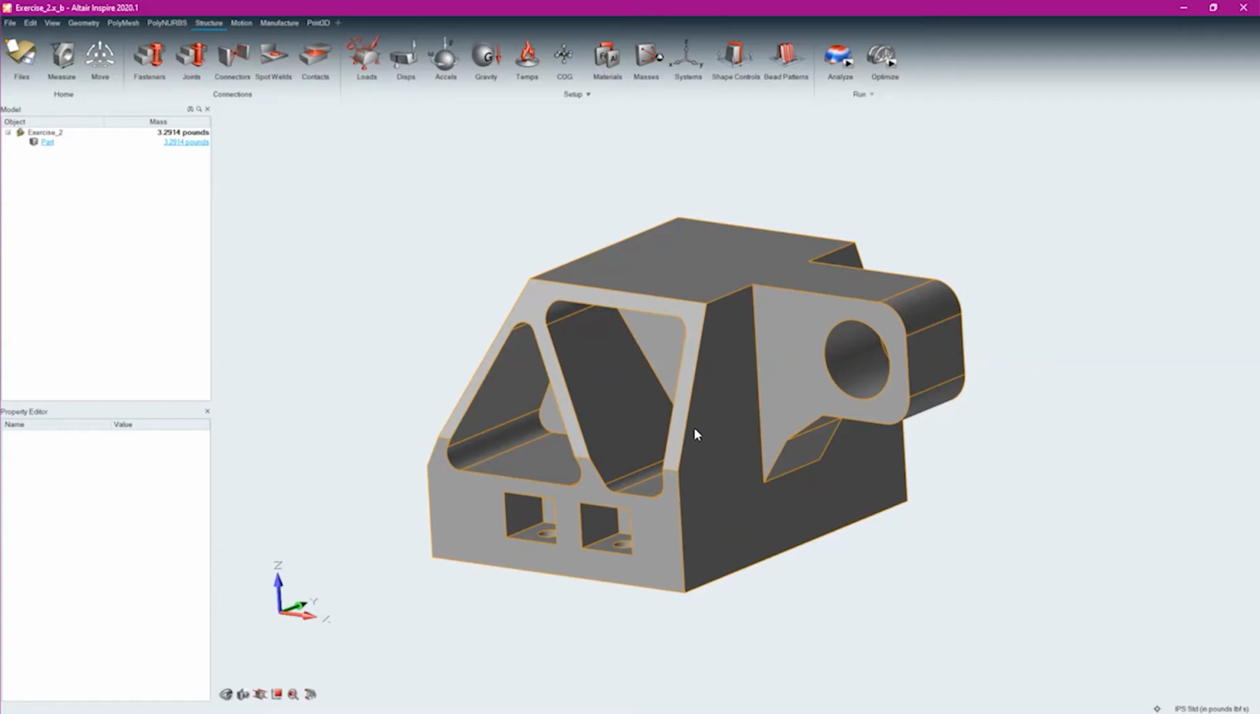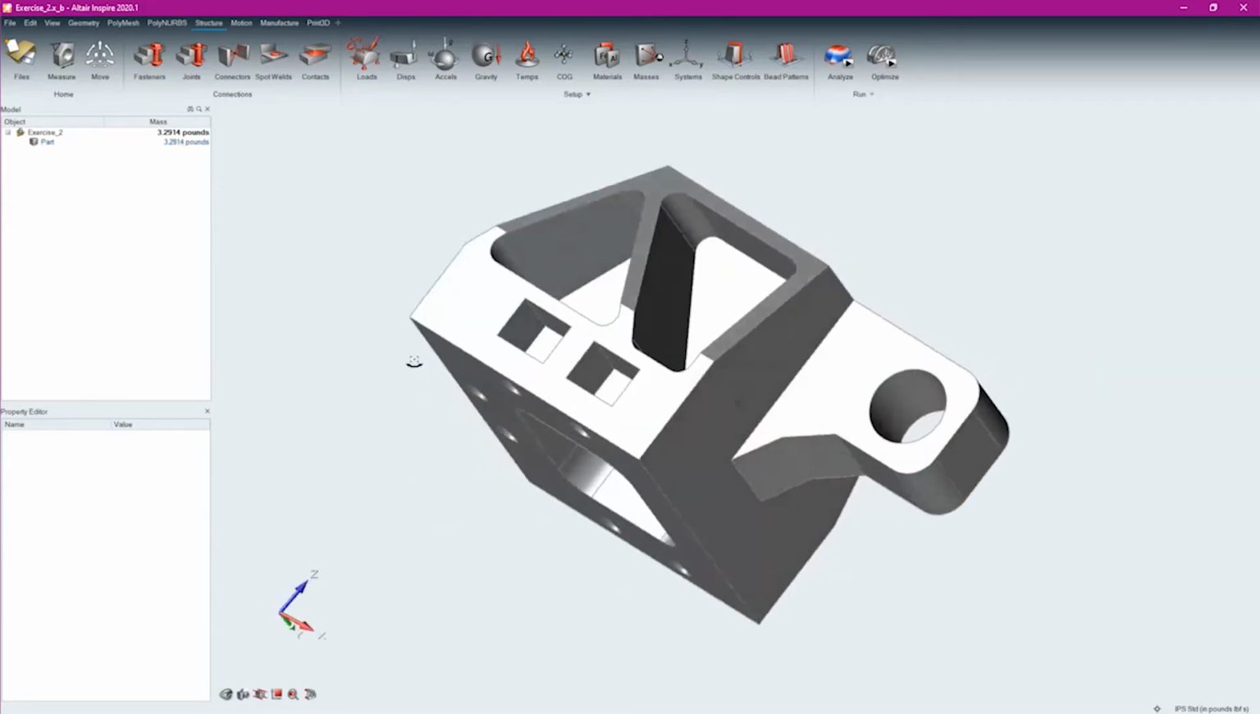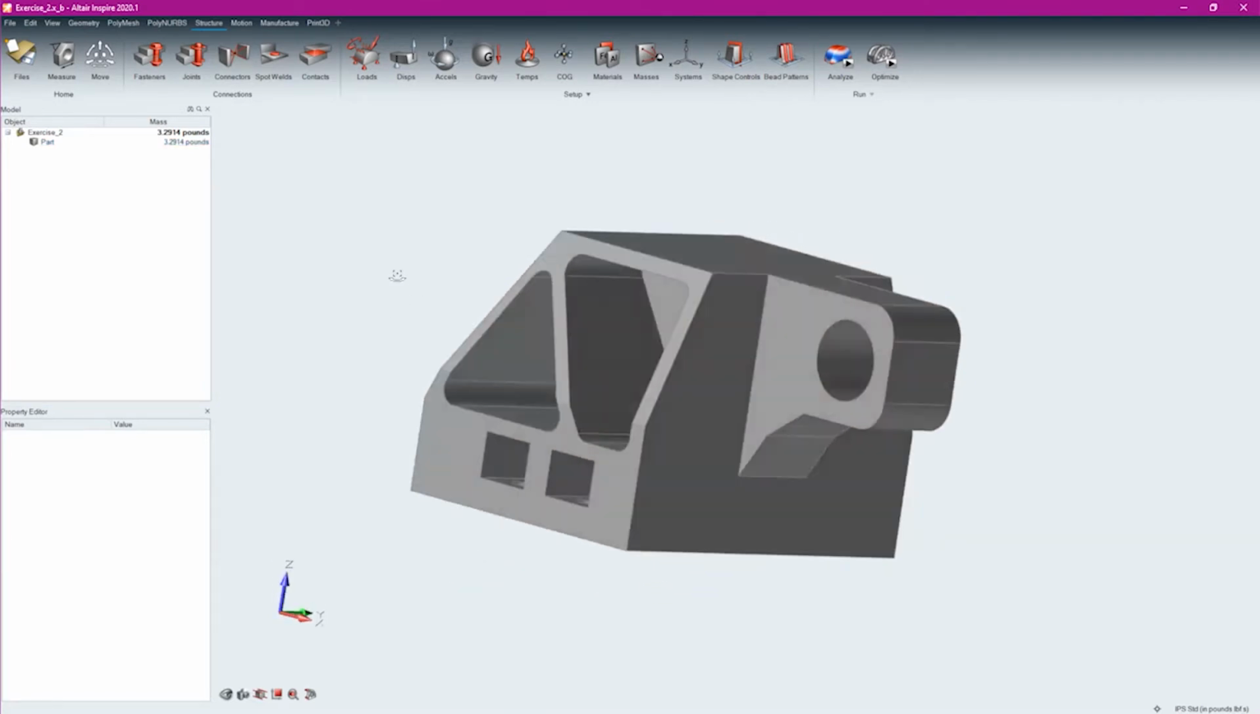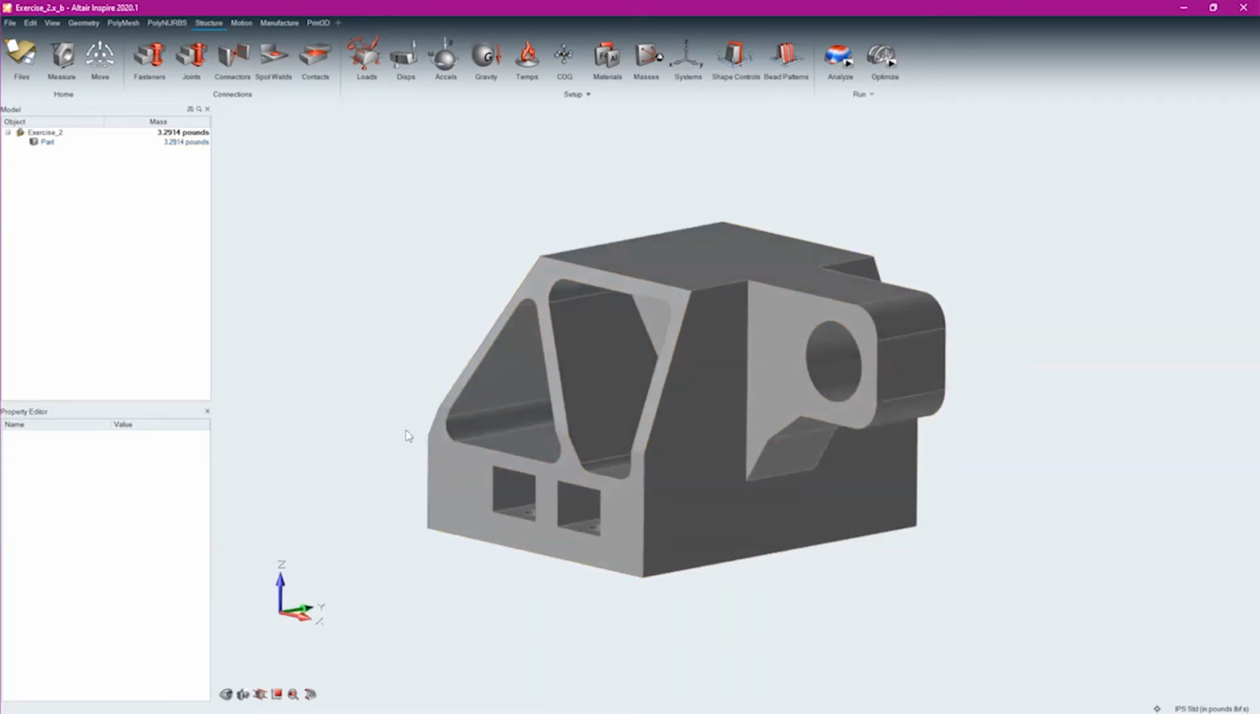So to understand the current design, I need to do an analysis on it. Fortunately, that's incredibly simple within Inspire. From bringing in the geometry, I literally could have this running an analysis in 4 to 5 minutes. It's that easy to do. So the first thing that we need to do is define some sort of constraint system on here. And if we come up to my structure ribbon here and come to loads, this icon right here,